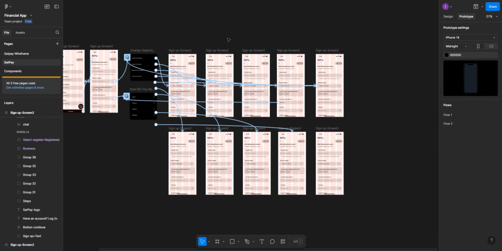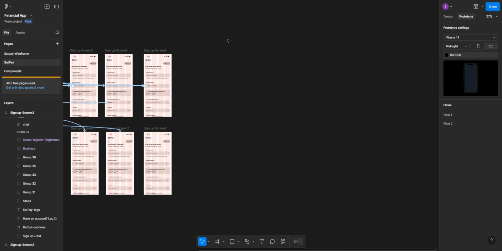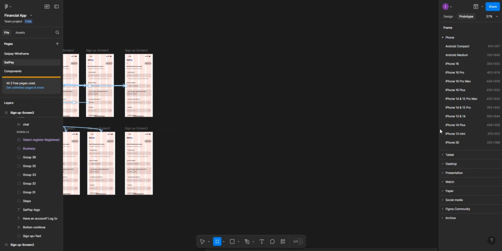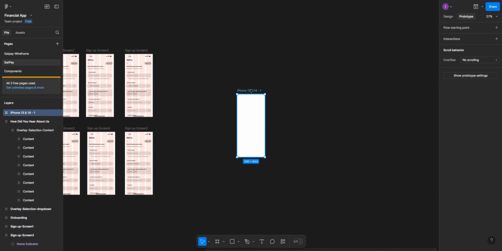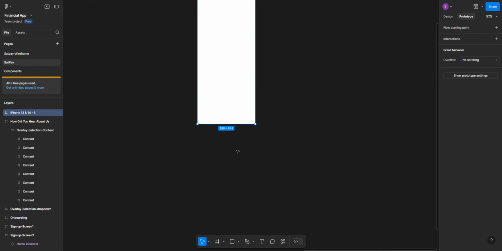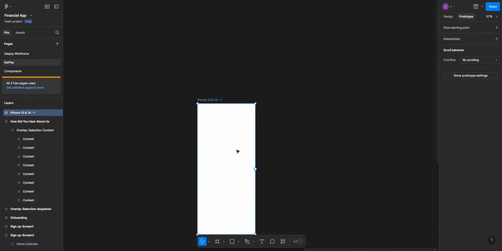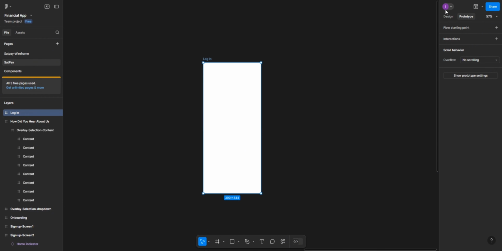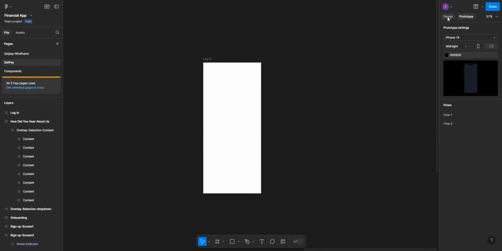I'm going to zoom out and take this to this side. Let's take a frame of your iPhone. Make sure you select the particular one you are using. I'm going to zoom in. Name this frame as login or sign in form, anyone. All right, now we go to our design panel